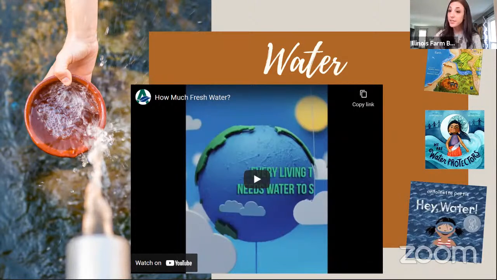And then Hey Water is a really cute little story about a little girl who is just noticing water everywhere and that it looks different everywhere and it's got different shapes and it feels different. And so it kind of talks about, there's some back matter there with the water cycle and conservation of water and things like that. So I'm going to go ahead and play this little video, and this is one of